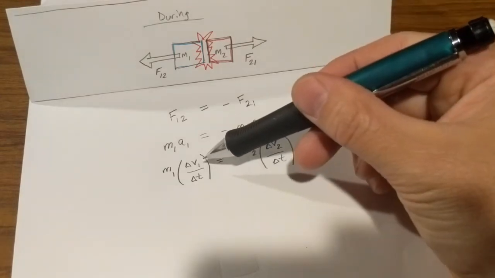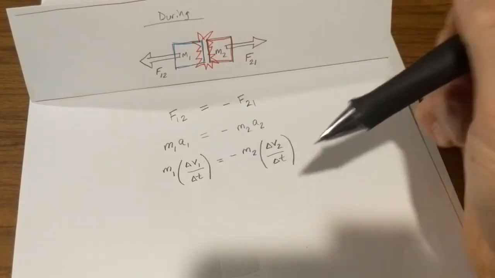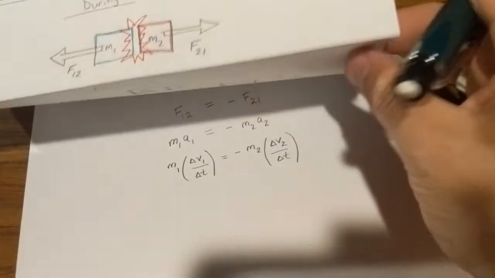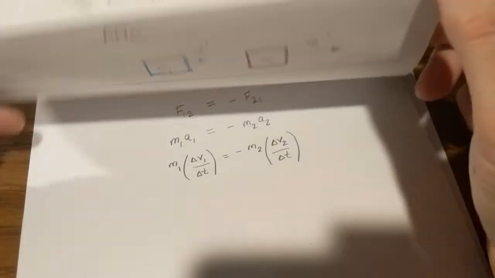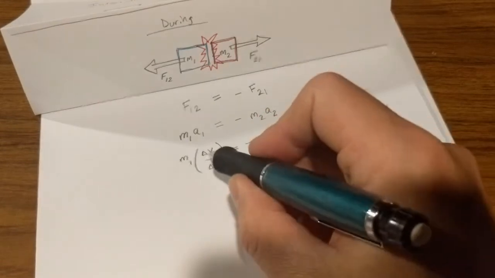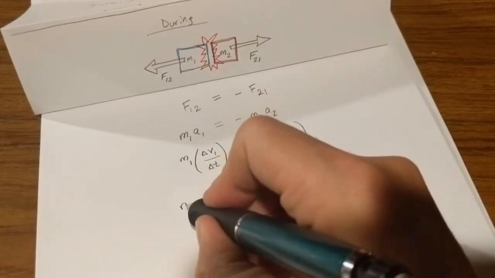The change in velocity for either of these objects depends on their starting speed and their ending speed, and so we can write the change in velocity 1 as